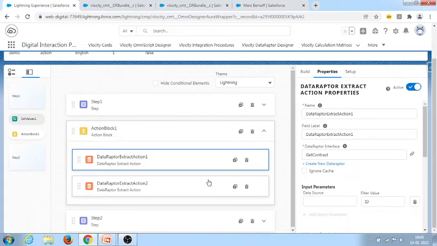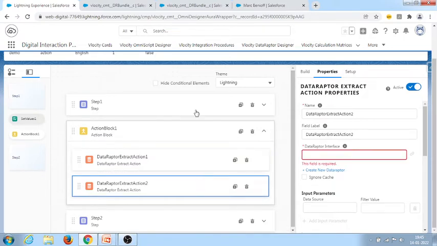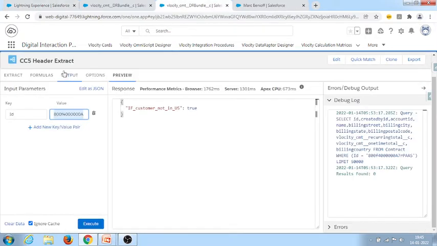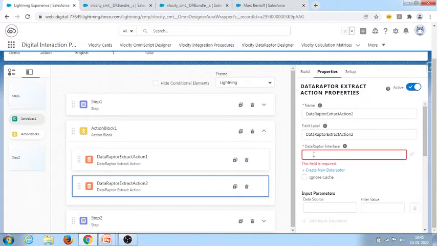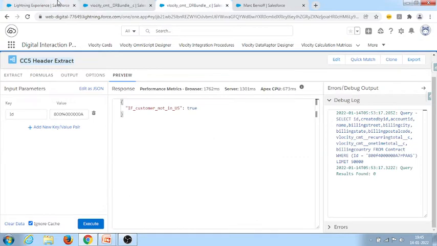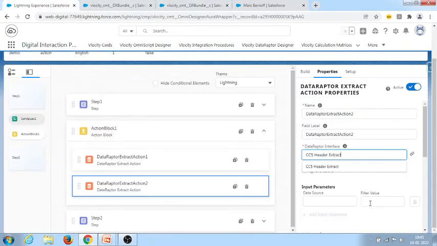And for this as well, I'm taking another one, and I need to pass some ID.